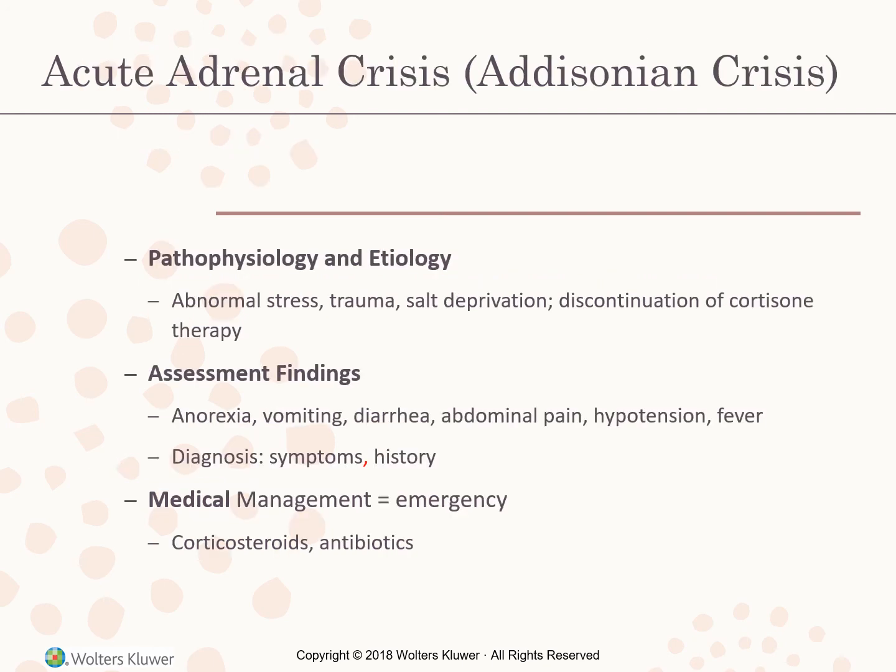Patients with either primary or secondary adrenal insufficiency are at risk for Addisonian crisis, which is a life-threatening endocrine emergency. So, acute adrenal crisis will occur because the adrenal glands fail. Because the hormones of the adrenal cortex are prominent in facilitating the body's adaptive reactions to stress, patients with Addison's disease may develop acute adrenal crisis when faced with extreme stress.